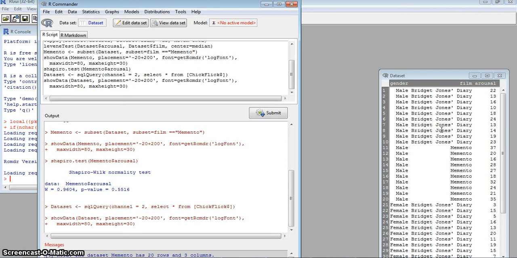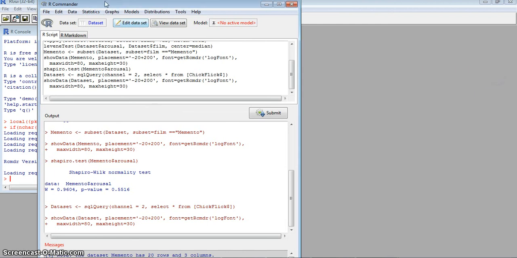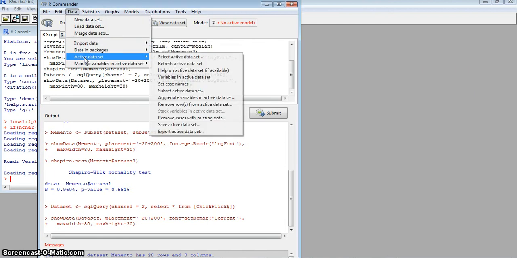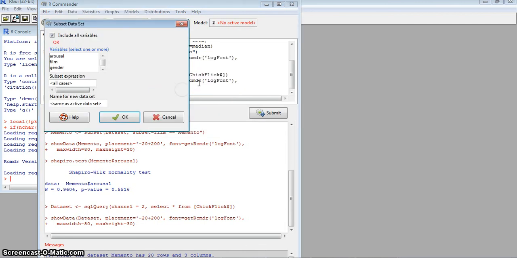But now to test the assumption of normality for Bridget Jones's Diary, we need to subset the data again. Let's go ahead and X out of that. Data, then active data set, then subset active data set. And the subset expression that we'll be using this time is film, remember, double equal sign,